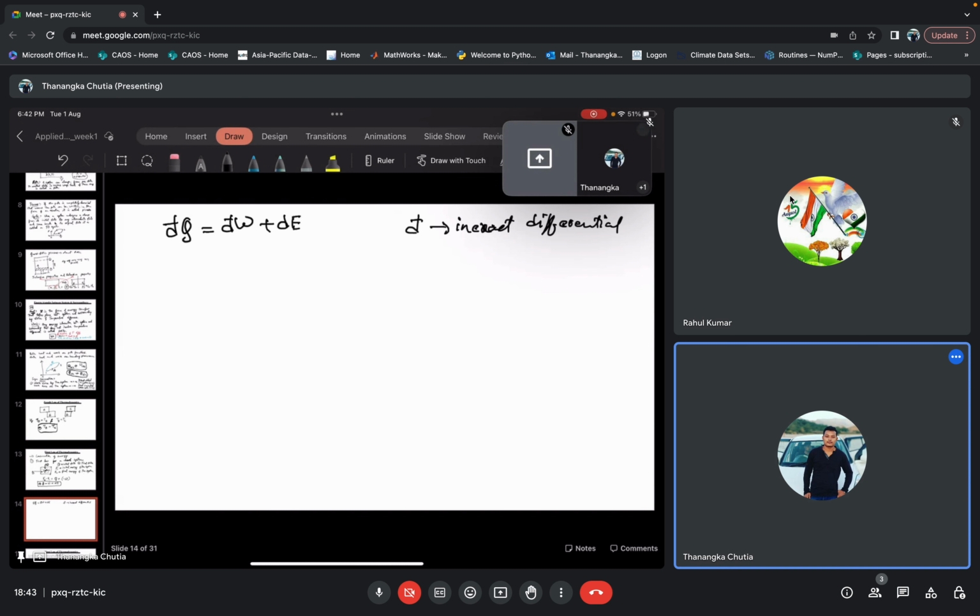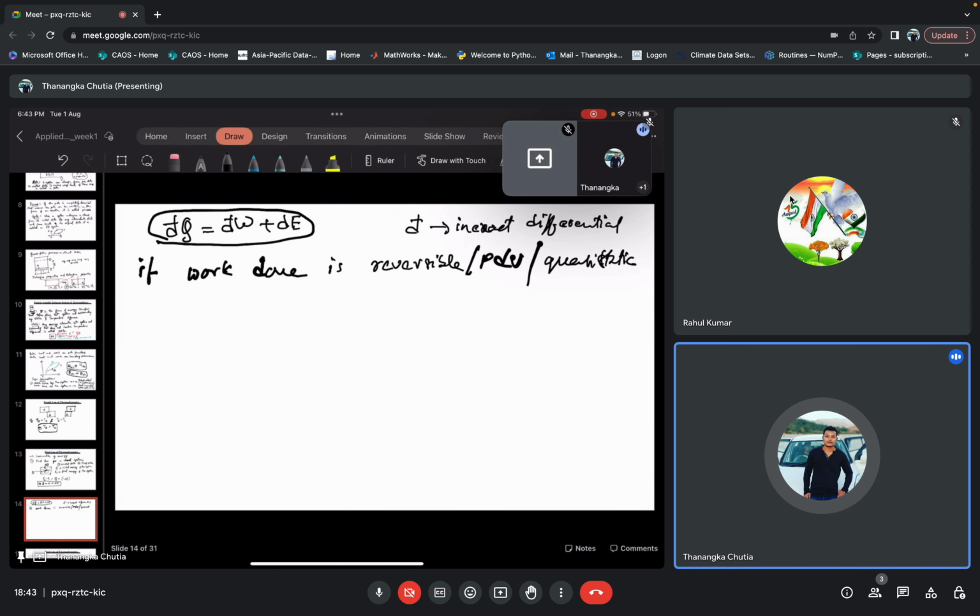Now remember, this is the basic form, it will apply for all. Now if the work done is reversible, or we can say PdV, or quasi-static, and such idealistic conditions, then I can write dw as PdV. Then what it basically becomes is dq is equal to